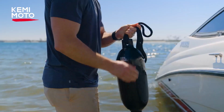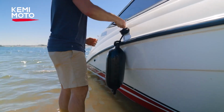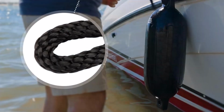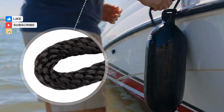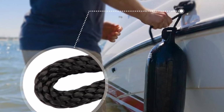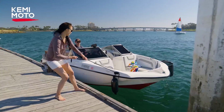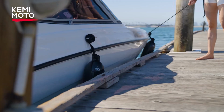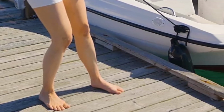Available in multiple sizes, they cater to different vessel dimensions, with the manufacturer recommending 1 bumper for every 10 feet of boat length and at least 3 for boats under 30 feet. This makes them suitable for a wide variety of boats within the 15 to 35 foot range. Their strong construction and adaptable design mean they perform well in both calm marina settings and more challenging conditions. The KEMIMOTO 15 to 35 foot boat bumpers are a solid choice for boaters who need reliable, easy-to-store fenders that